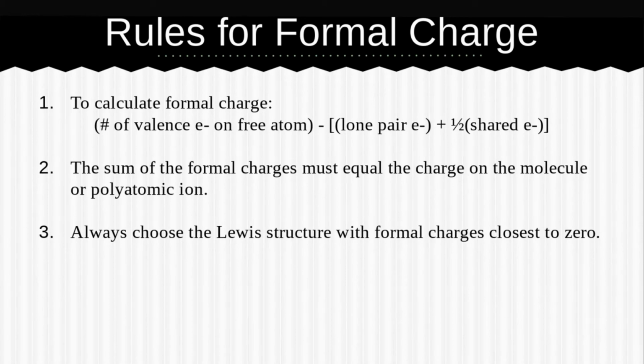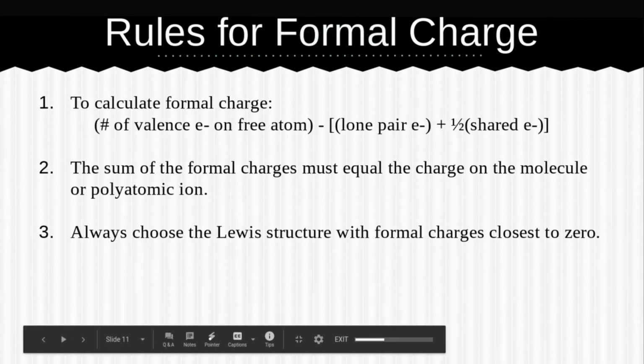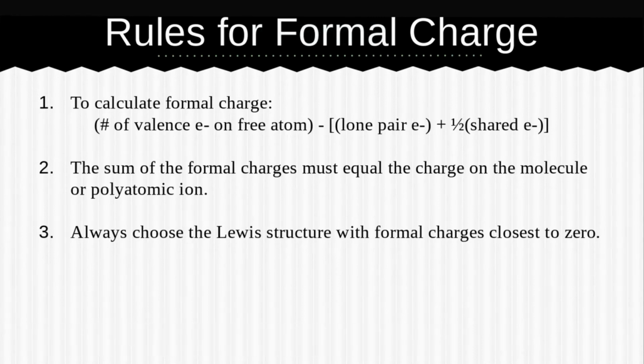Then we make sure that the formal charges add up to the charge on the molecule, whether it's 0 or otherwise. We have to check to make sure that those add up. And then to choose the most stable Lewis structure, we want to find the one that has the formal charges that are closest to 0. Another thing to consider, if they're not 0,